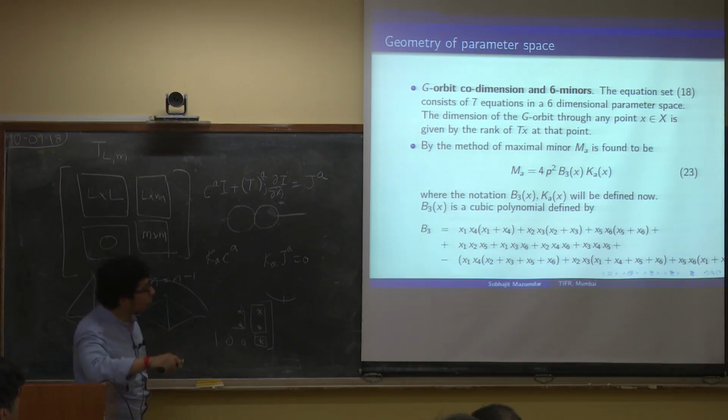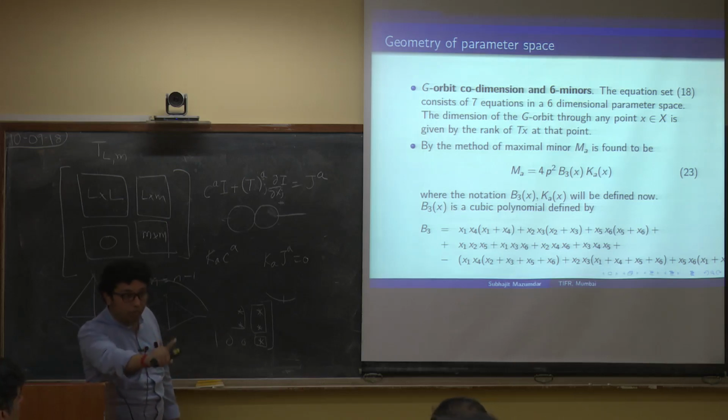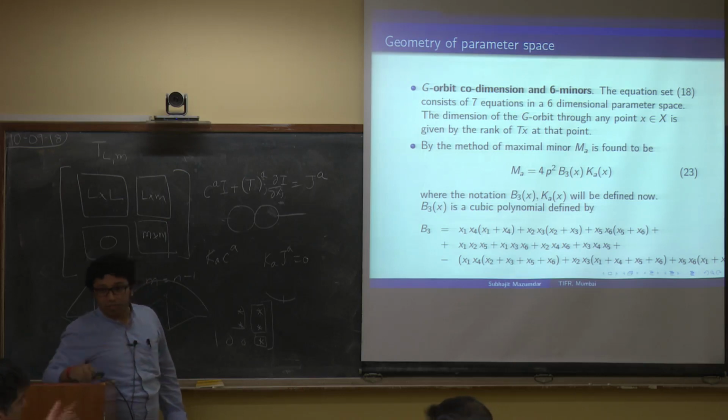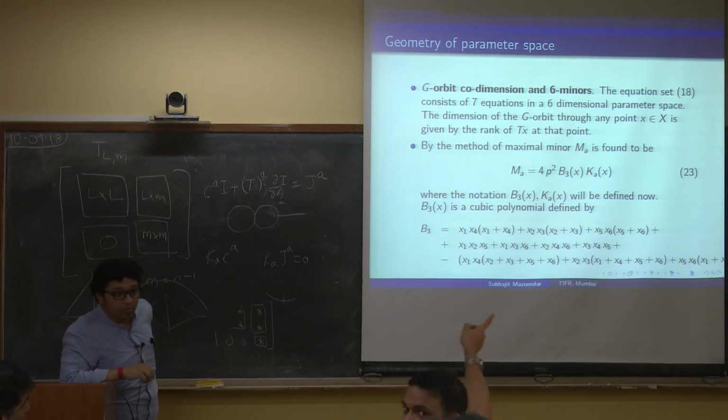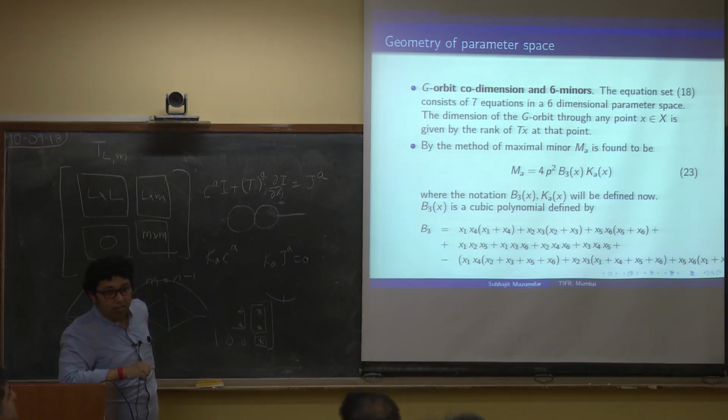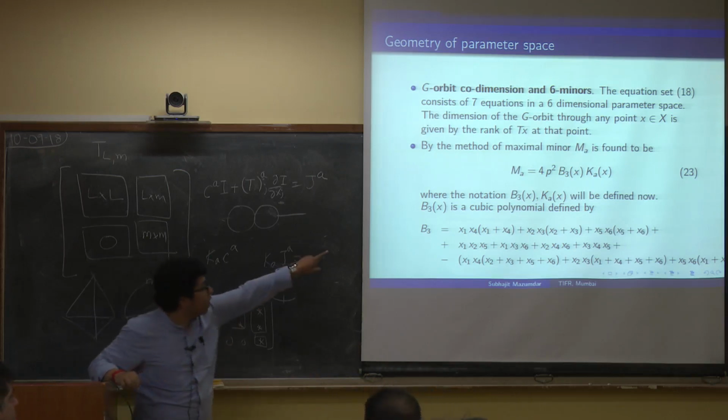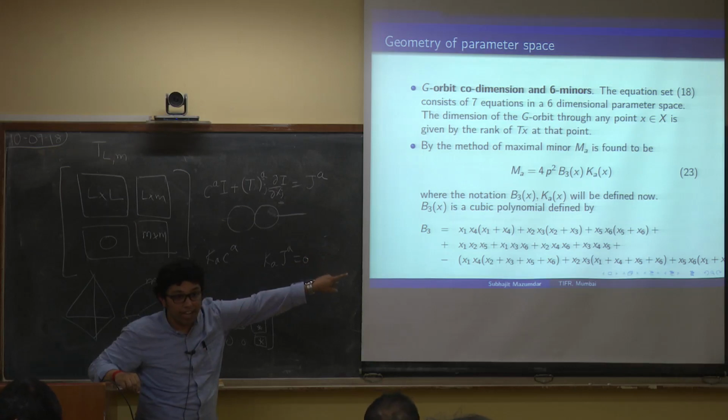No, this K has that property. The next to maximal minor will also annihilate the Tx matrix, not for all, but for B3 equal to 0. Ka dot Ca is 0 when B3 is 0. But Ka dot Ca is not 0. You see, I am not multiplying with Ma, I am multiplying with Ka. And